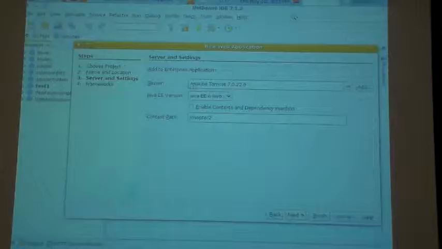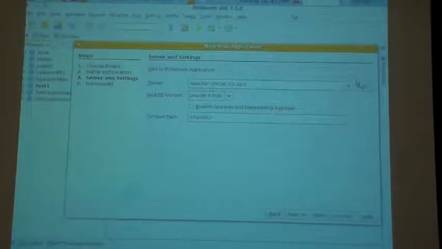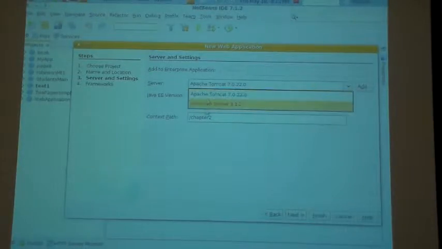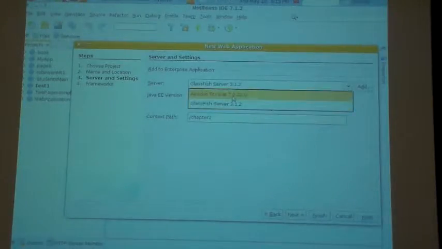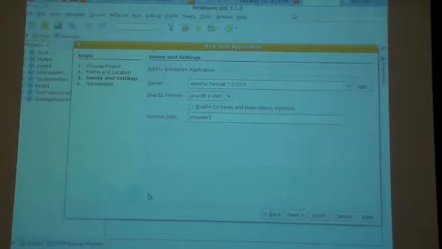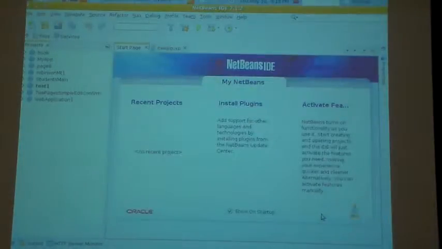Yeah, I need to make sure that we're running Apache as a server, okay? There's another server that comes with it. We can't take it out because it comes with the download automatically. So if by any chance you have the GlassFish server, you need to make sure that you go back to Tomcat. Okay? And now we can go ahead and finish. And now we go back to